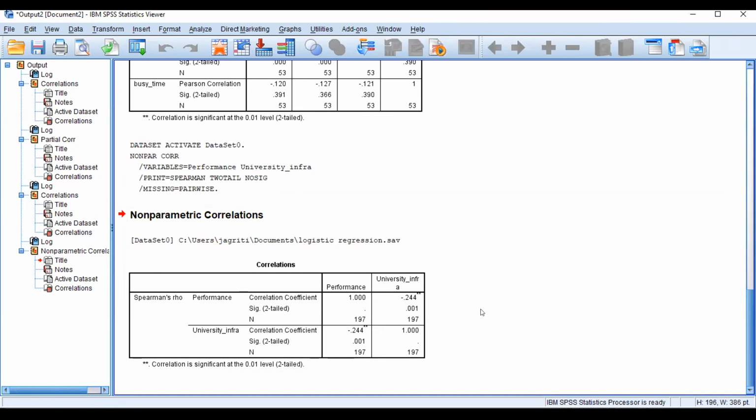After that, I explained non-parametric correlation, that is Spearman correlation. When we have ordinal data, then we go for the non-parametric Spearman correlation. In that, we transferred our variables into the output functions, and then we got this relationship. Next is regression. What is regression? So far we have studied correlation.